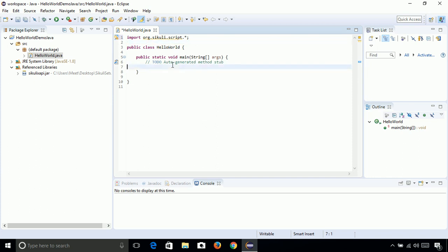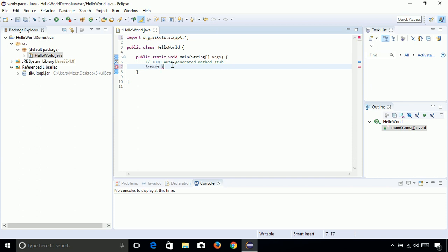Now in Java we have to define an object of the Screen class to access our whole screen. To take any action on our screen, like to click, to move the mouse, to type, everything we are doing on our screen, we need to define an object of that.